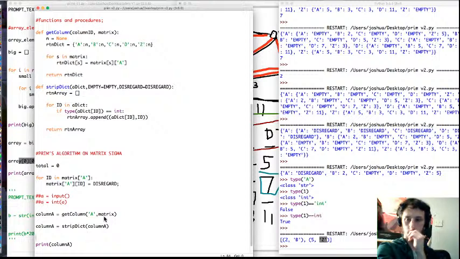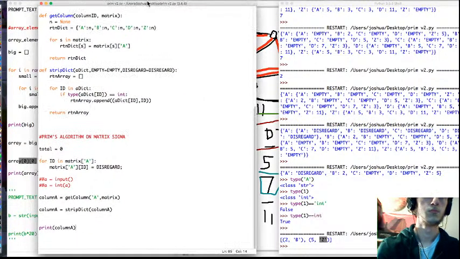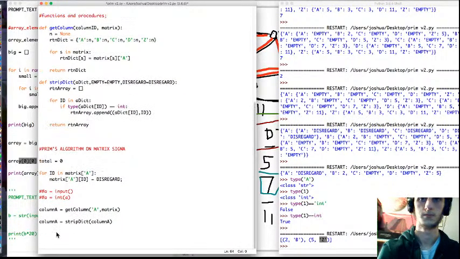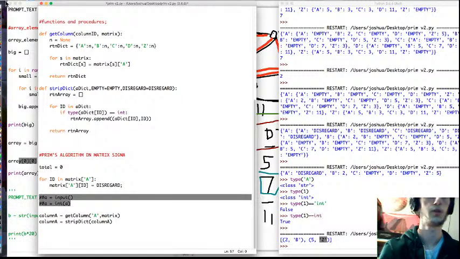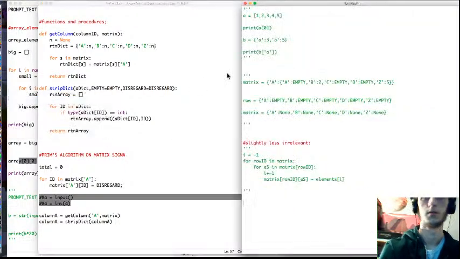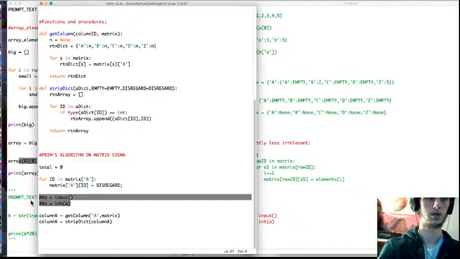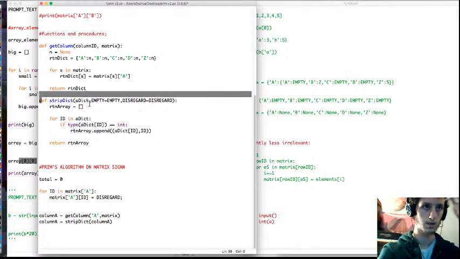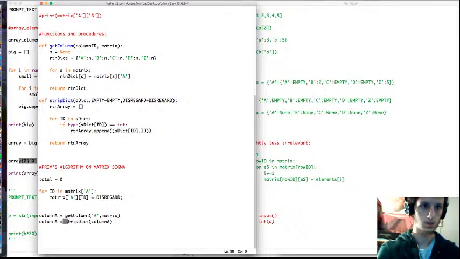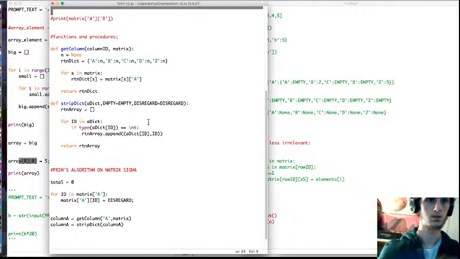Okay, that should work. I can put these together. I don't need the same one, that was just a demonstration. Or I could put it in my relevant text thing. Let's do that. Here it is. Okay, I can delete that. So currently we've got two functions: getting a column, and stripping the dictionary of anything that isn't an integer. Then we use the get column to get the column. We transform it so we've just got numbers. Now we can do,